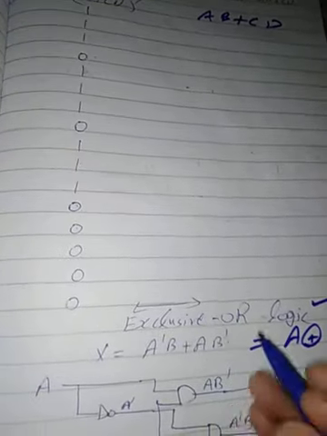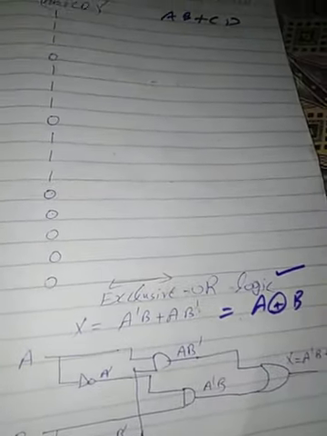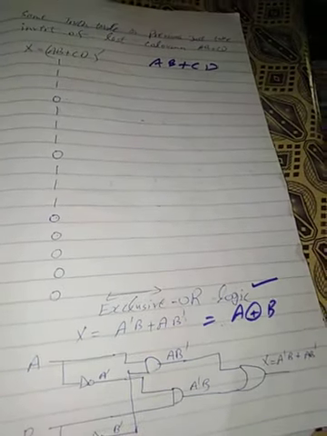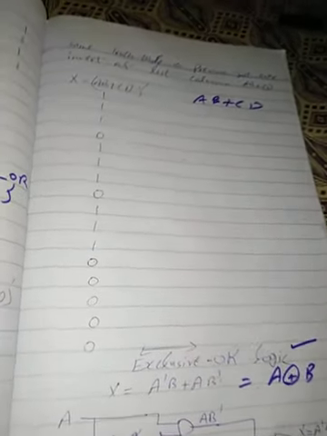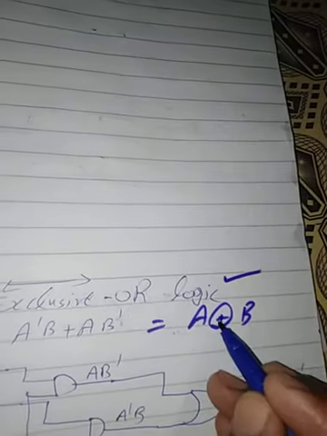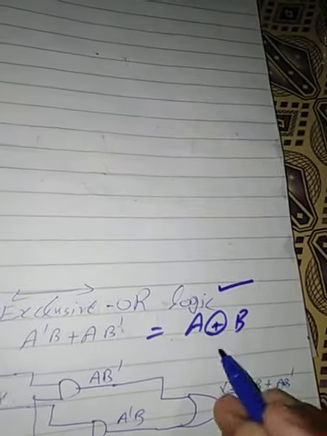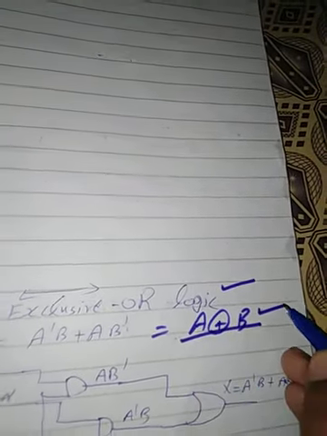Now look at exclusive OR. I told you in my previous lecture that exclusive OR gives you an expression using two inputs. Exclusive OR or exclusive NOR use two variables. It's not implemented on 3 variables or 4 variables. It's always implemented on 2 variables. So its symbol is A plus with a circle, dot B. This reads as A exclusive OR B.